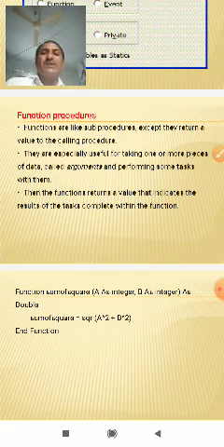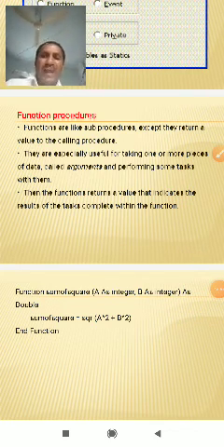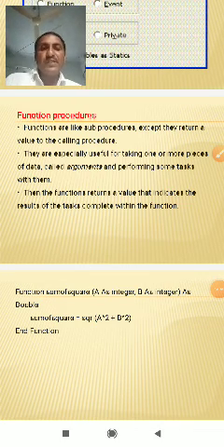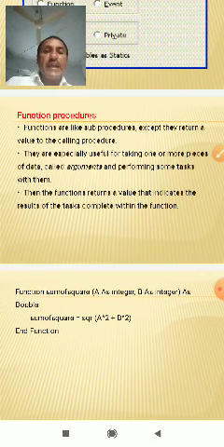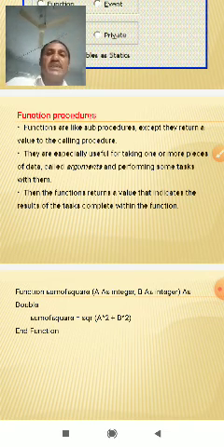So function procedures are like sub procedures, but they return a value to the calling procedure.